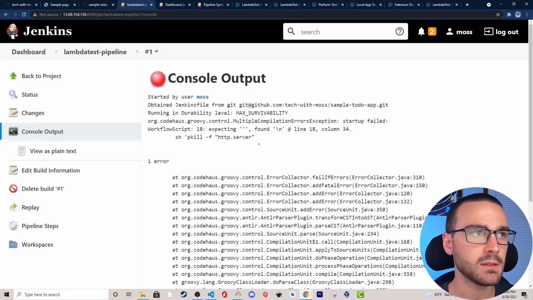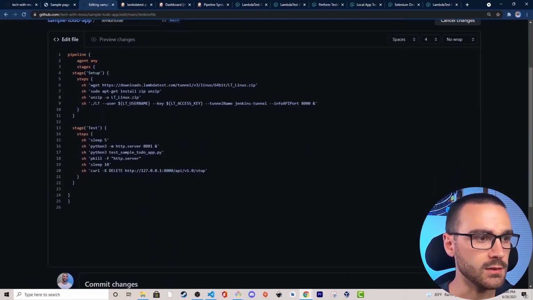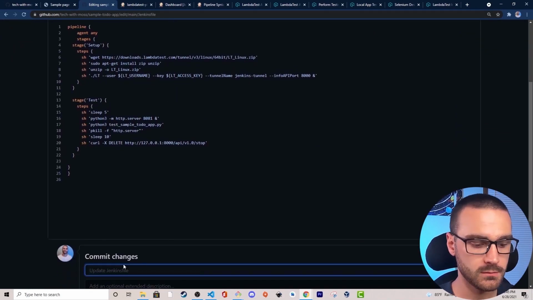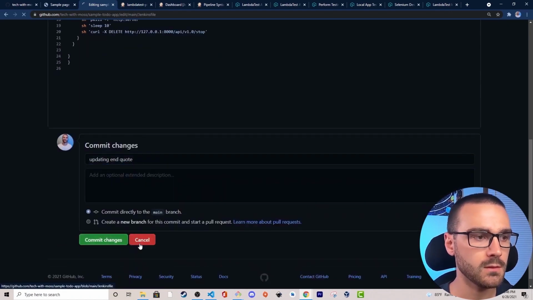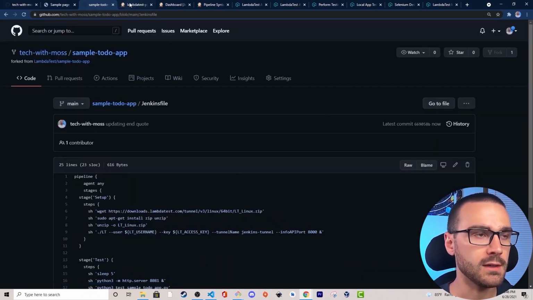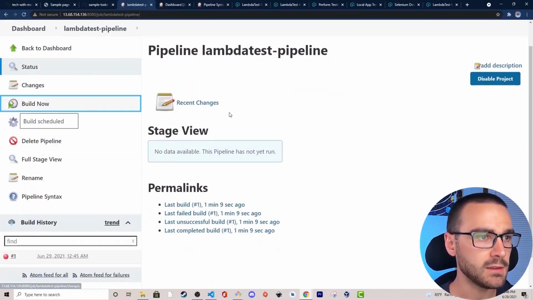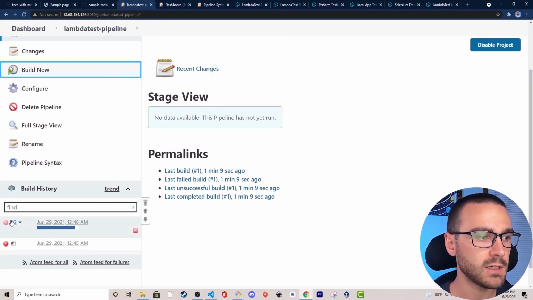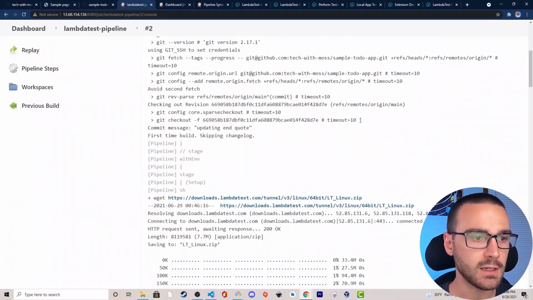So I'm going to open up GitHub. And let's close off that end quote. Okay, and then let's go back to Jenkins and we'll build again, and let's see if we have any errors. All right, so I'm going to go ahead and open up the console output, and let's take a look at